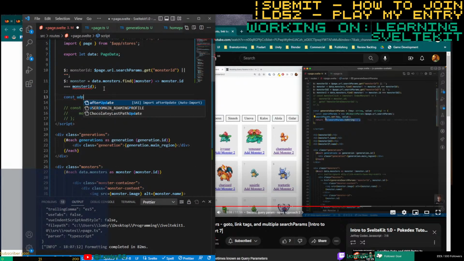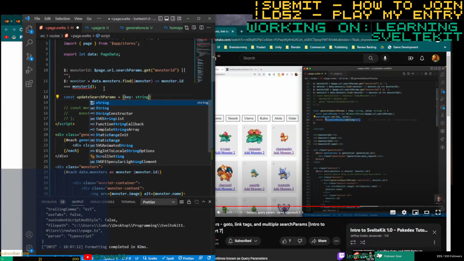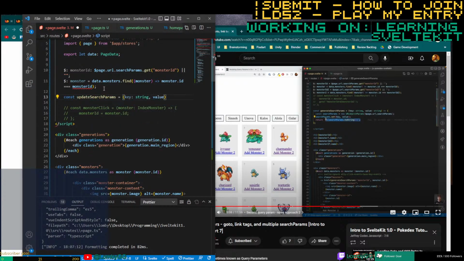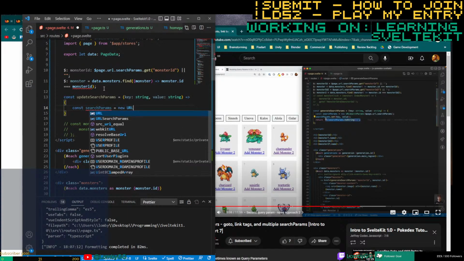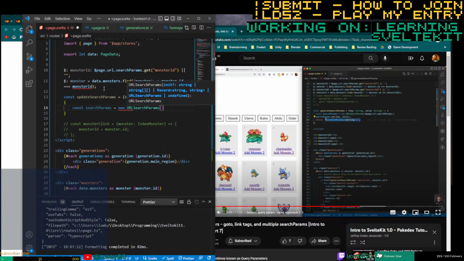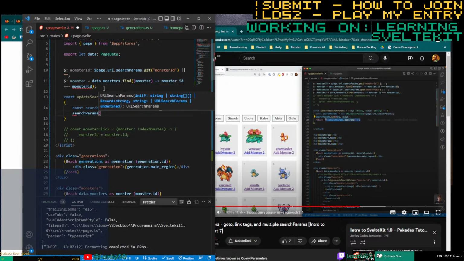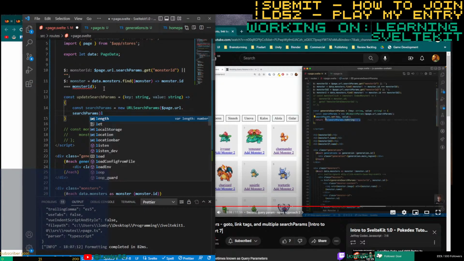Const updateSearchParams, which is going to take in our key, which is a string, and our value, which is also a string, and it's going to return searchParams, which is new URLSearchParams with page.url.searchParams, and then